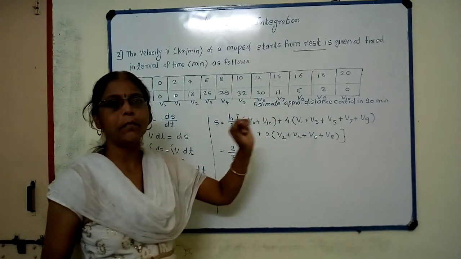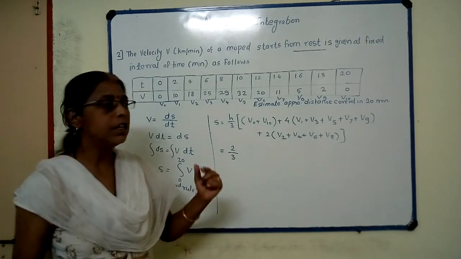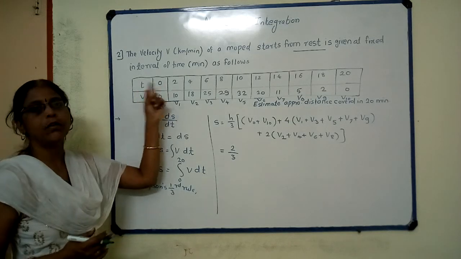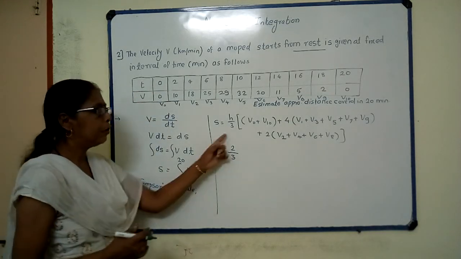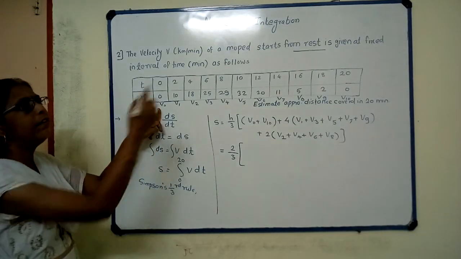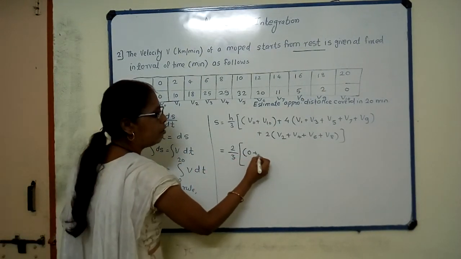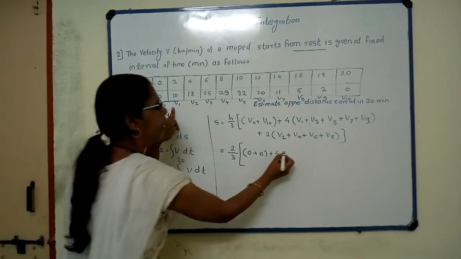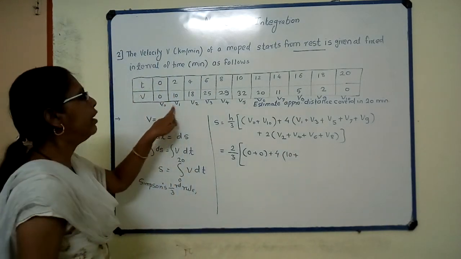So initial time and initial velocity must be 0. So here we have considered v0 and t0 as 0. Now 2 by 3 into bracket, put all values: v0 and v10 both are 0, plus 4 times v1 is 10, plus v3 20,